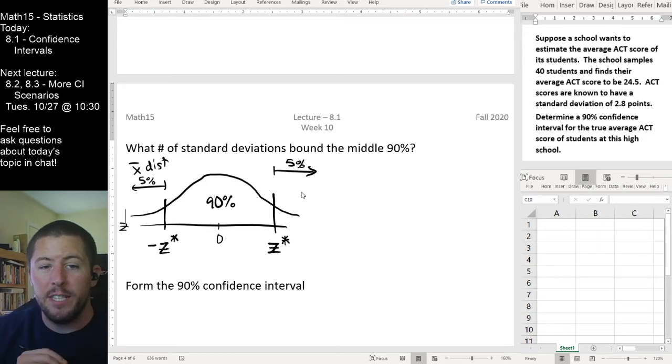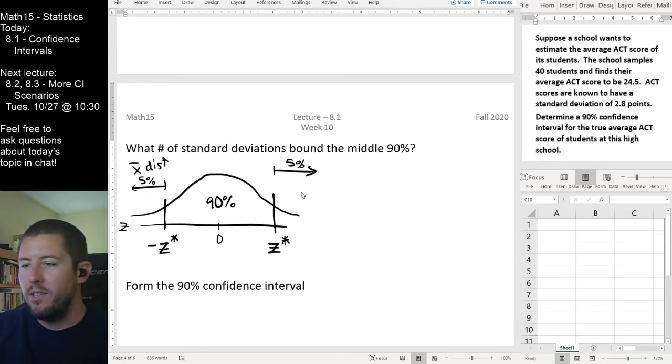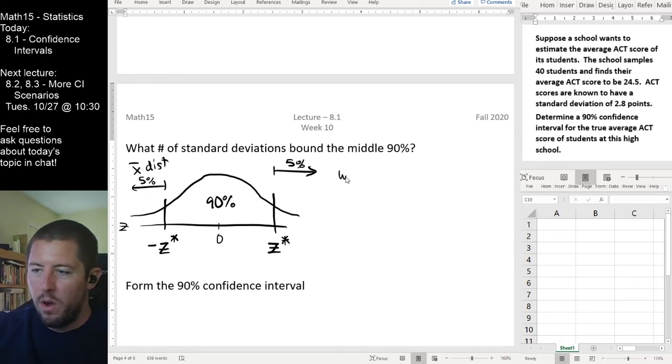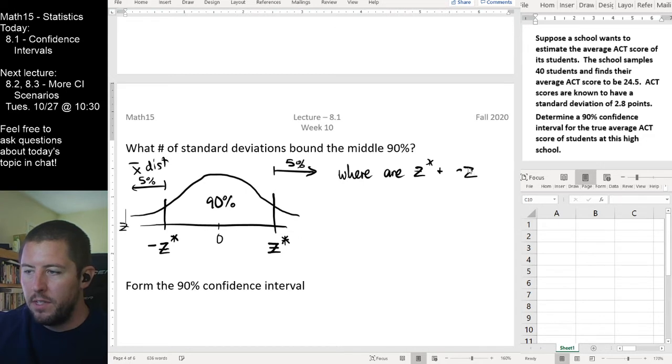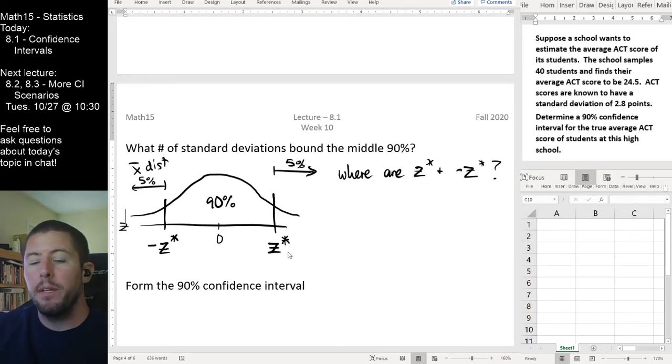So where I'm going with this, really the other question should be, why do we care? Not just where did they come from, but why do we care? The reason I am interested in these is because I want to know where z star and negative z star are. Well, I should be able to use an inverse normal calculation to find out. I know how much area is to the left of each of these two values, so I should be able to come up with their locations. So z star